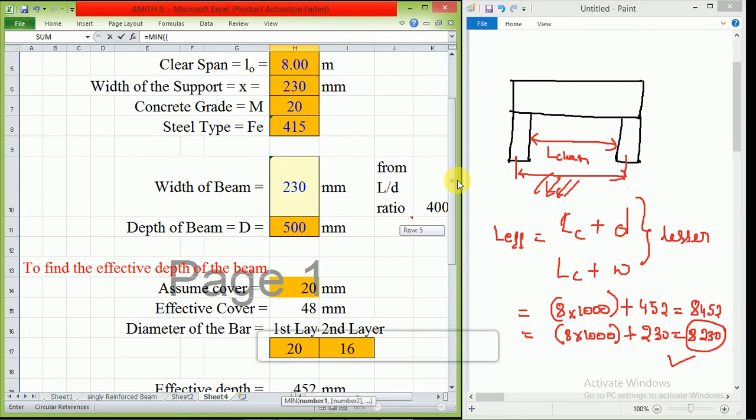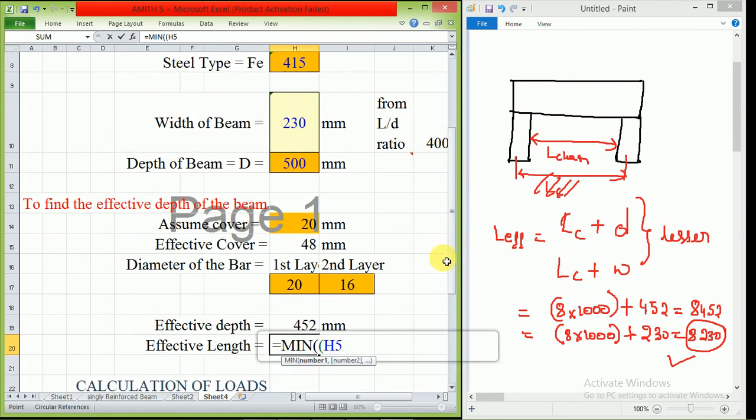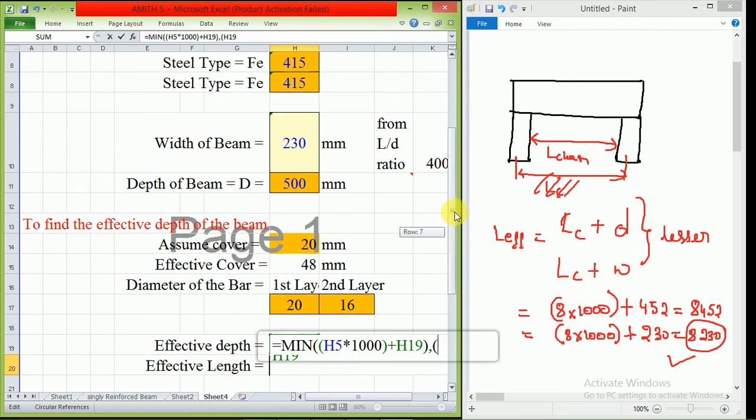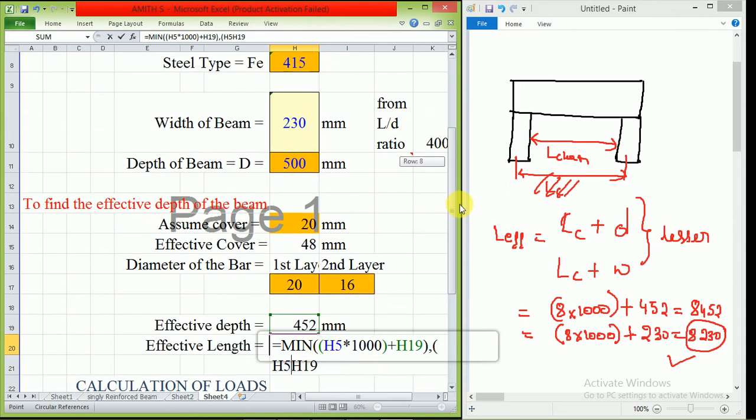What is the clear span? 8. I need to convert it, so I'll just multiply into 1000, right? I close the bracket, plus what is the effective depth? It is 452. I'm closing the bracket and I need to give a comma, then I'll again open the bracket for the second condition. The first condition is this, the second condition is clear span plus W, right? What is the clear span? I'm going here and clicking upon this and converting it into